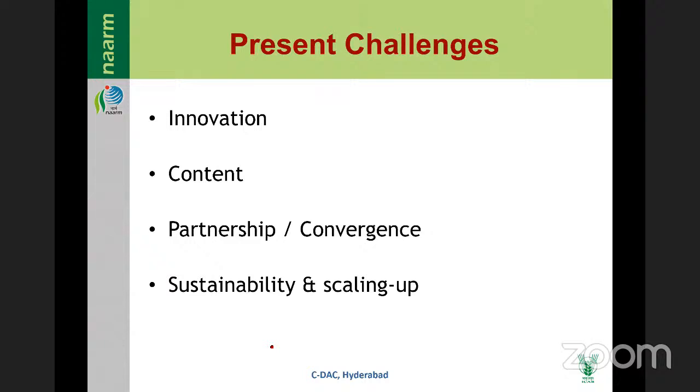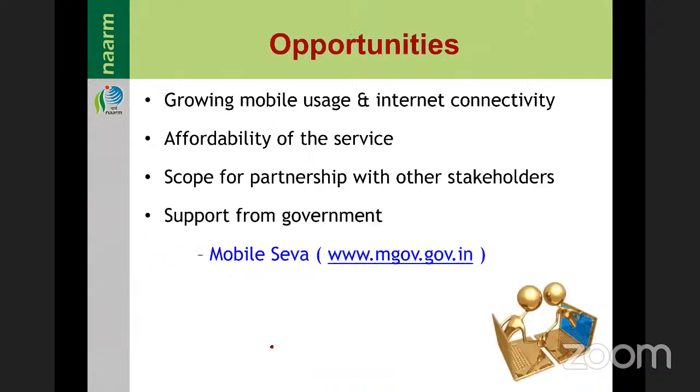Otherwise, private companies also can do it, and most private companies are doing even more than this. But with the government, some problems are there. Opportunities: growing mobile usage and internet connectivity, affordability of the services, scope for partnership with other stakeholders. There is support from the government, Mobile Seva.